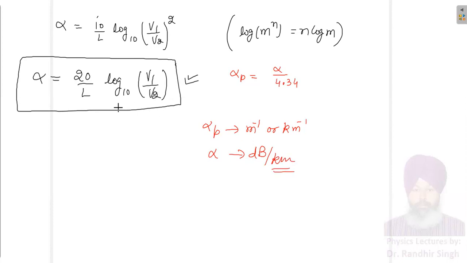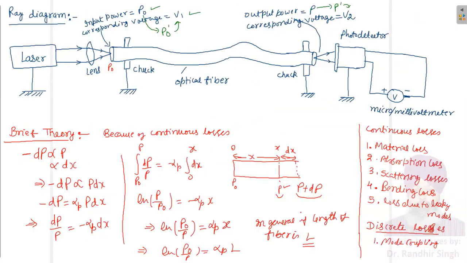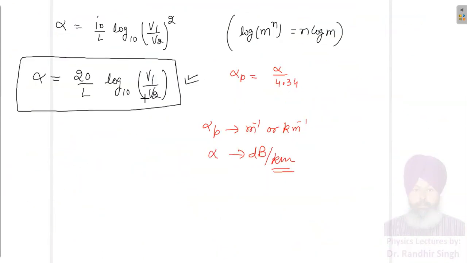So now what we will be doing, we will take a photocell and arrange the apparatus as per this diagram. Then we will take the photocell and connect it with the multimeter. After that we will measure the voltage at the input, then we will measure the voltage at the output, and once these are measured, then you will put these values here. L will be measurable with the help of a scale directly. This will directly give us the fiber loss in 1 kilometer of the fiber.